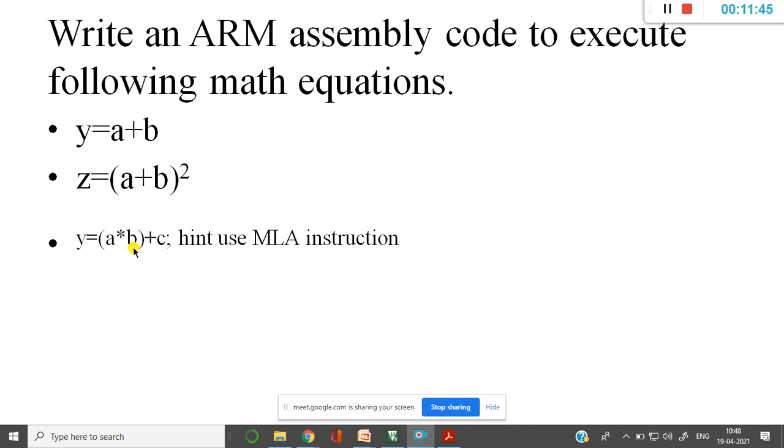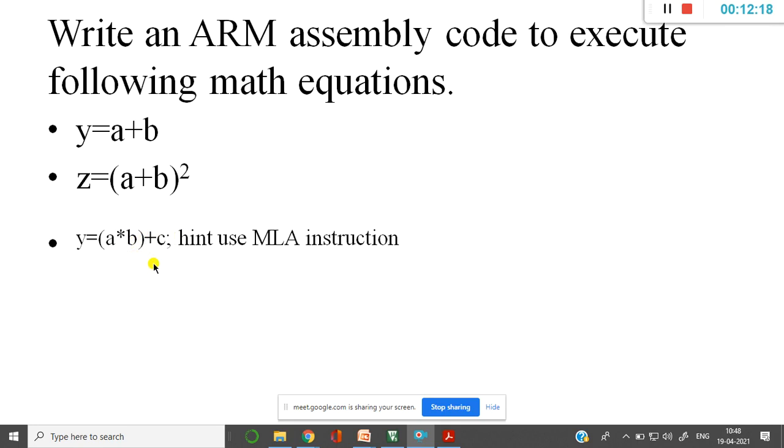Assume that for each instruction you are spending 1 second to execute, and for this equation, A star B plus C, you will be spending 2 seconds. If I'm using a single MLA, then 50% of the time you have saved. That is, in a single second I perform this operation. So at one go I will multiply and then I will add.